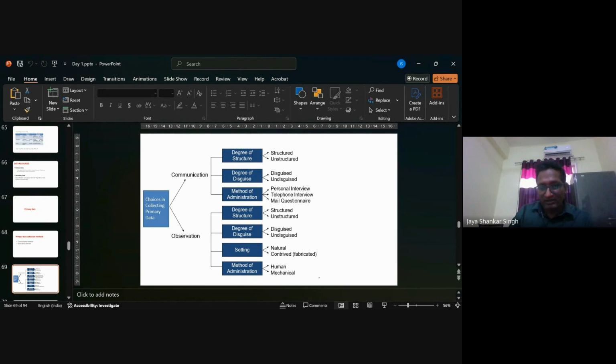So you will have somebody go as a shopper and look at the eagerness of the employees on the floor, how eager they are to help you, how comfortable the shopping is, how much time you had to wait at the billing counter. Everything you will observe as a mystery shopper. You will do the actual shopping and then you will give your information. Okay, fine, everything was fast and quick. No, the employees were not helping out. They had less energy. They were not willing to help me with finding the product. All those observations you will make as a mystery shopper. Right? That is what mystery shopping does. So that is an observational method of data collection.